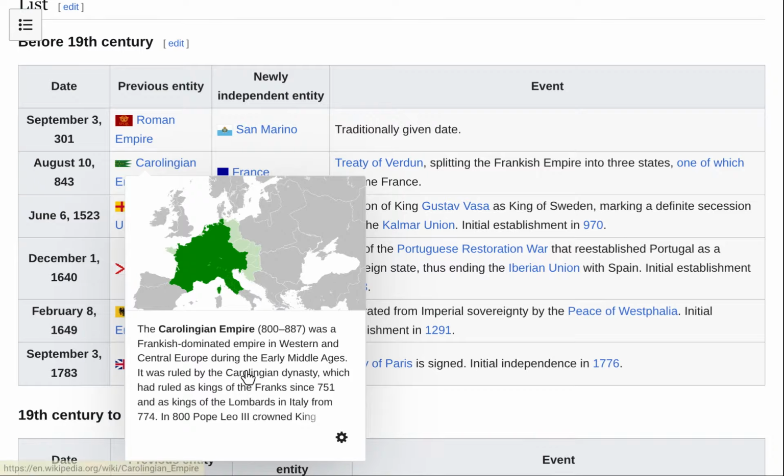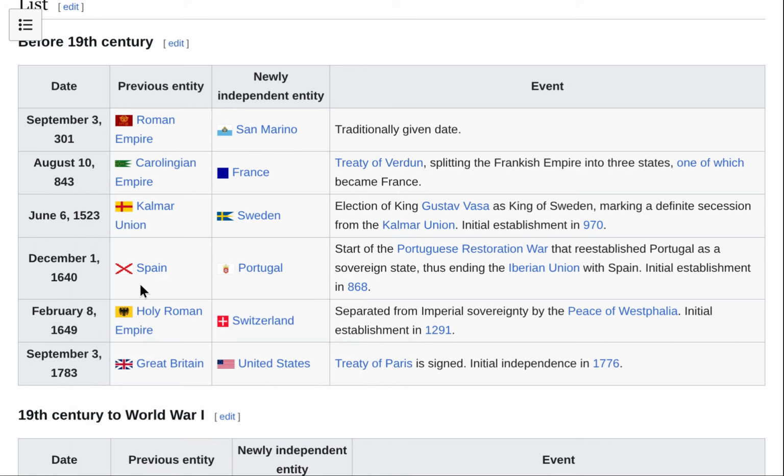It was ruled by the Carolingian dynasty, which had ruled as kings of the Franks in year 751, and as kings of the Lombards in Italy from 774. In 800, Pope Leo III crowned king. I don't think I can read the rest of this, but